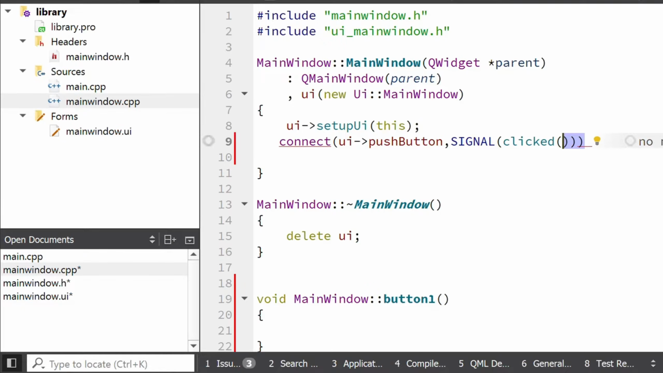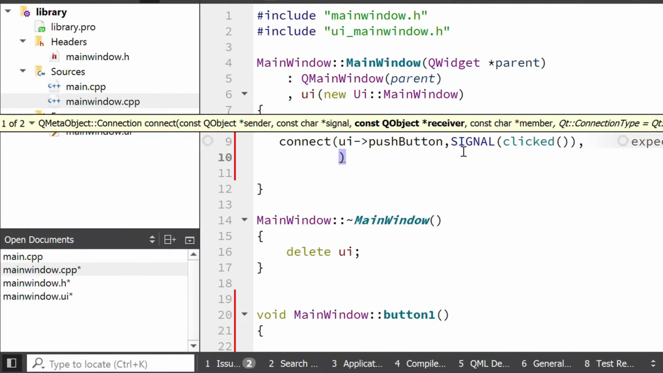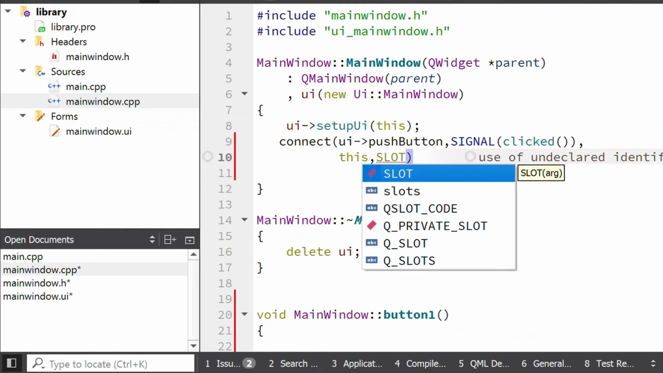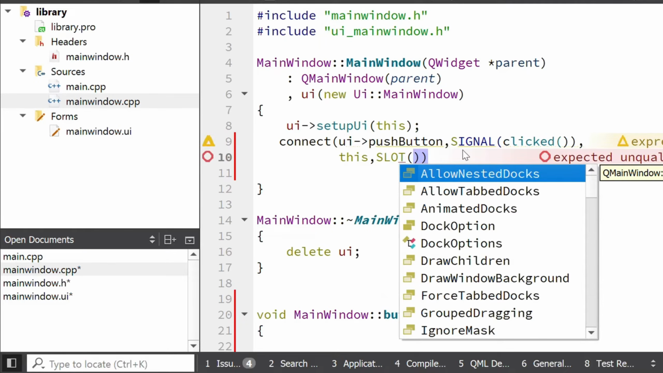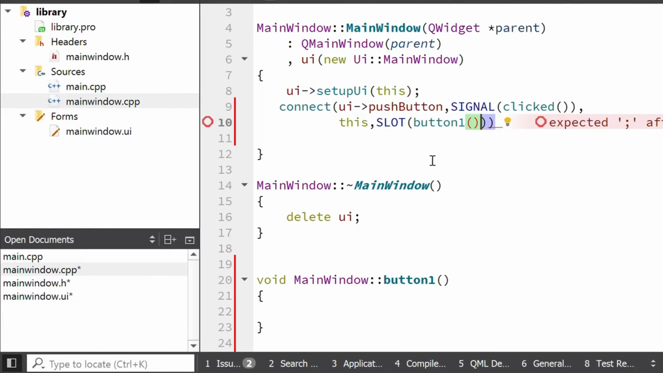Okay, and now I will connect this push button's signal with a slot. So what is the name of the slot? Here, first of all, I will use this pointer, and after it I will use the keyword slot. And what is the slot? The slot is button one. Okay, so this is the function. When this push button is pressed, this function will work. Okay, so here I will use a semicolon,